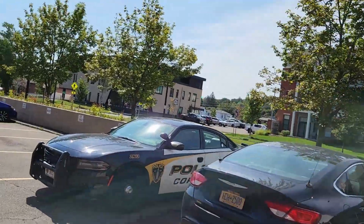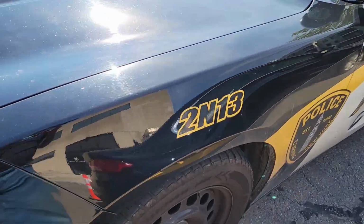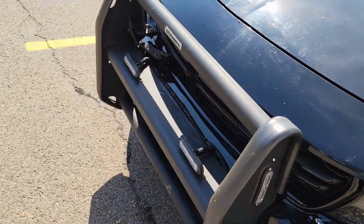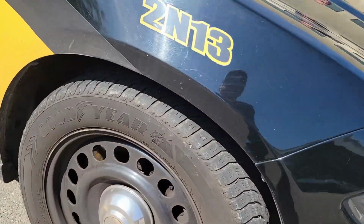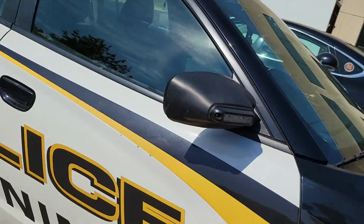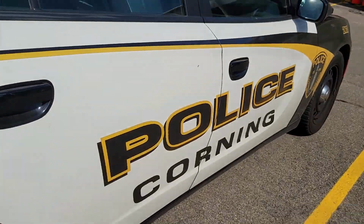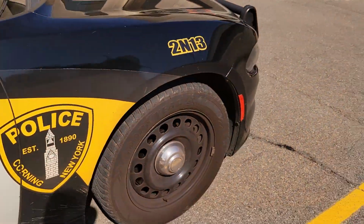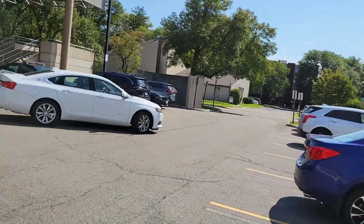So the two officers that walked by were walking by that door. See, this one doesn't have an inspection sticker either, on 2N13. How you doing? Good, how you doing, bud? Good. I didn't realize he was still in the vehicle. Corning keeps our vehicles nice and clean. Not necessarily up to date with the inspection stickers, but